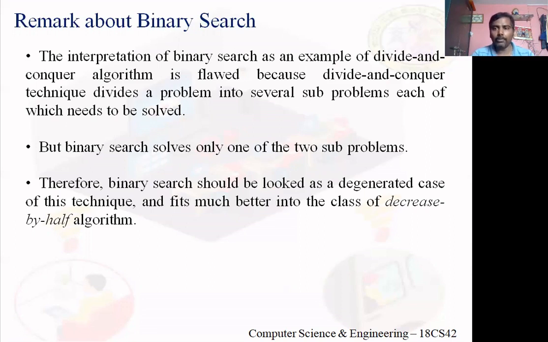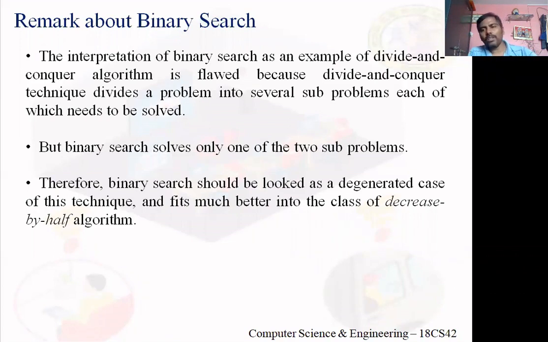I discard one of the subarrays, meaning I am not searching in it; I consider only one subarray. This process repeats until the key is found or there are no more elements. Since I am skipping one subarray, there is no combine or conquer phase. Though it belongs to the divide and conquer strategy, there is no combine phase.